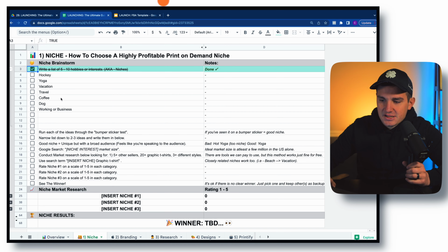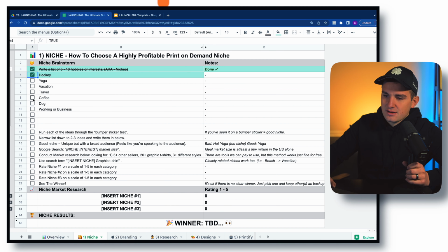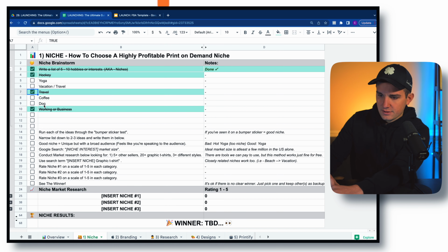I haven't really seen that one before on a bumper sticker aside from like moms. Yoga, I've definitely seen that before. Vacations, I see a ton of those. Travel, these two are kind of the same now that I think about it. Coffee, maybe. Business, not really. Dogs, coffee. I'm going to combine these two. Travel, vacation, travel, coffee, dog. Okay, so I'm going to do yoga, vacation, and travel, because I've definitely seen each of these on a